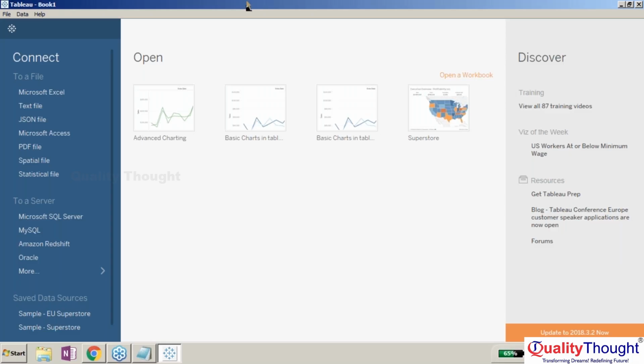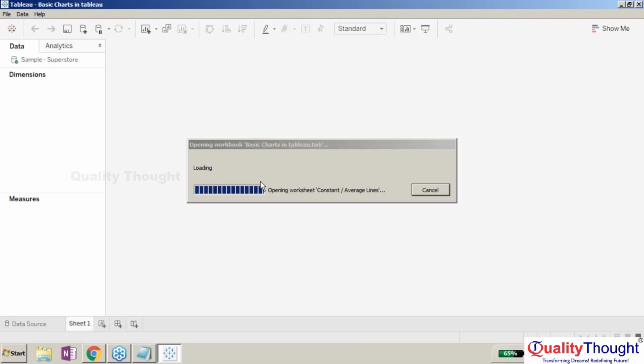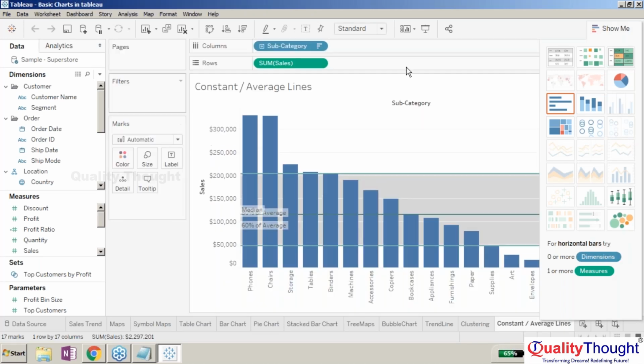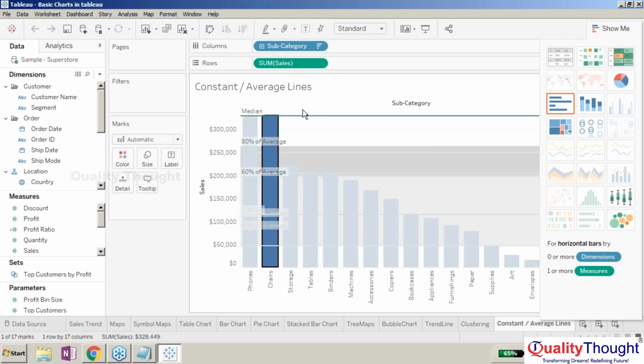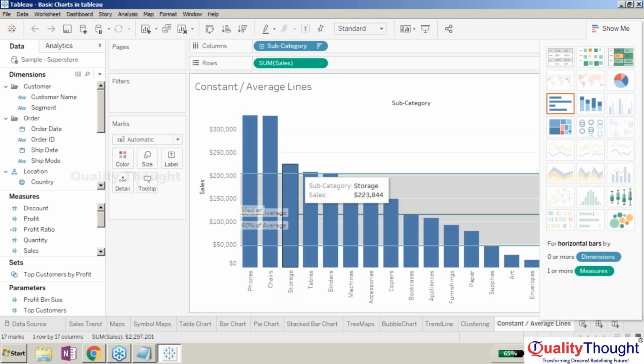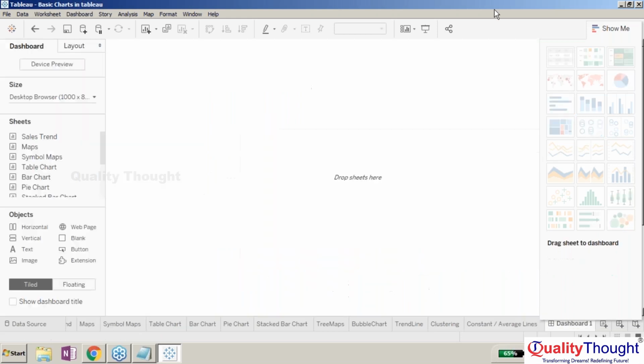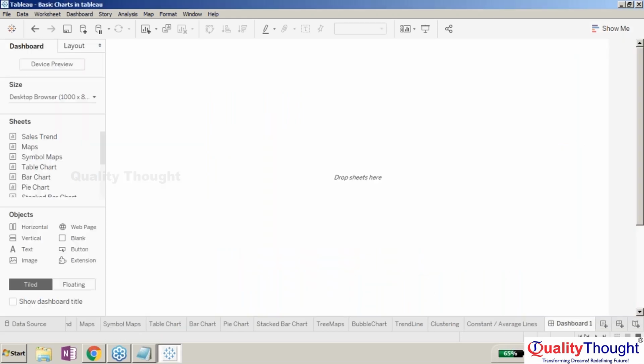Coming back to this, we have already gone through some basic charts in Tableau, along with the advanced charting. Now, I wanted to discuss dashboarding today. What do you mean by dashboarding? You can always try creating a dashboard by clicking on